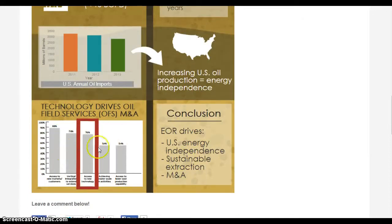This is another graph that we found interesting. This was from an Ernst & Young report that shows that M&A in the oil field services sector will be centrally driven by access to new technology. Of course, plasma pulse, we feel, is on the cutting edge and hopefully will be fairly central in driving further